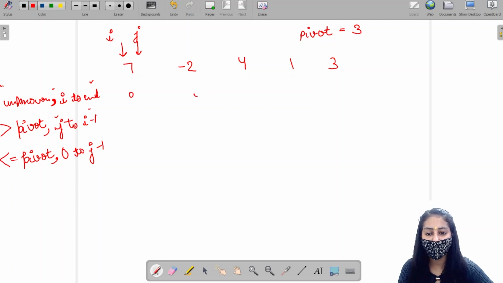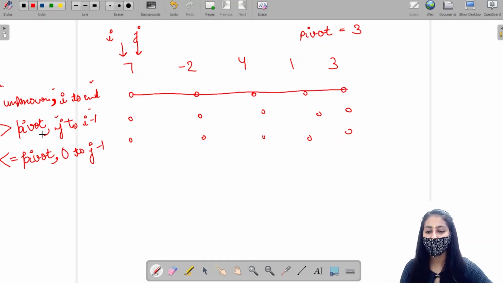So we have to define these 3 regions. Up till now this is the region which is unknown, and these 2 regions are not defined up till now. So how can we do this?